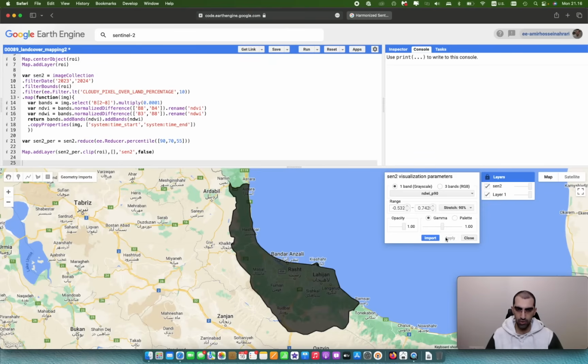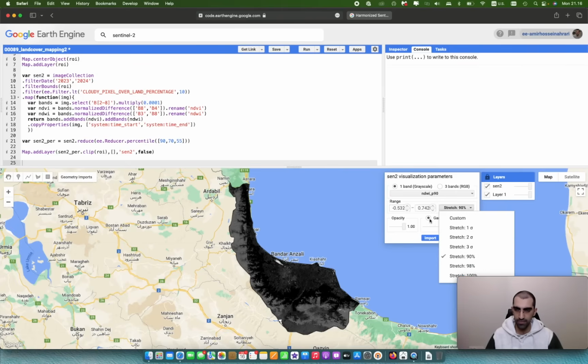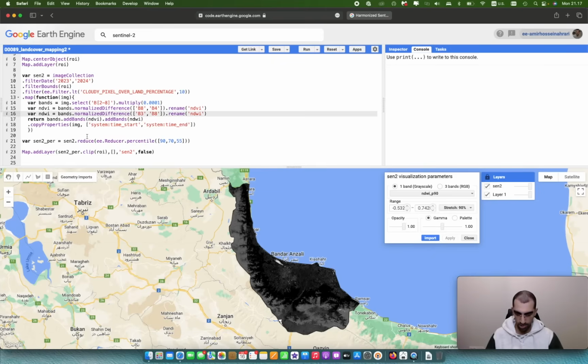That is close to the maximum NDVI value for the region of interest. Oh, this is NDWI actually. That's why the water bodies and also the snow cover are highlighted in this region. If you want to avoid the cloud cover and the snow cover, it's better to remove the NDWI. It's totally up to you what kind of land covers you want to highlight in the